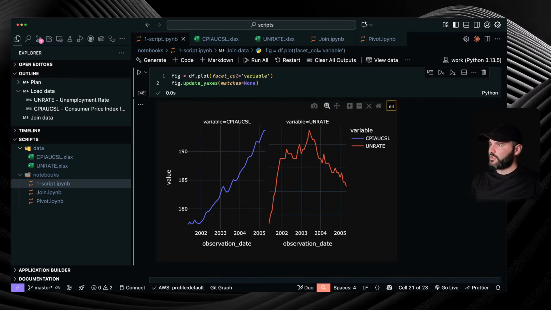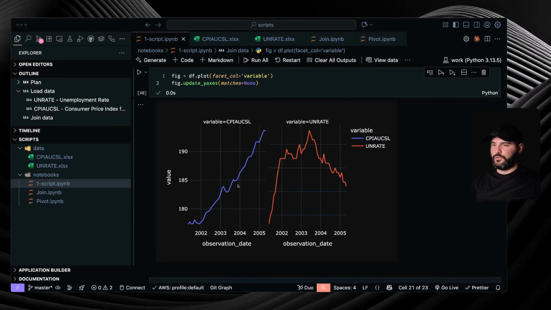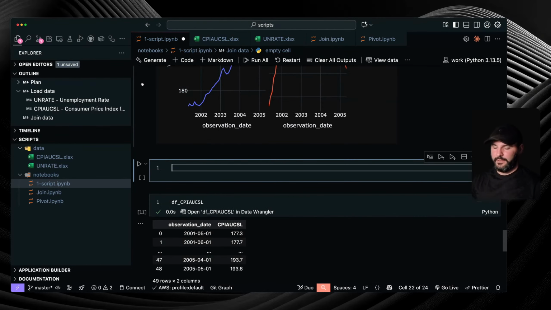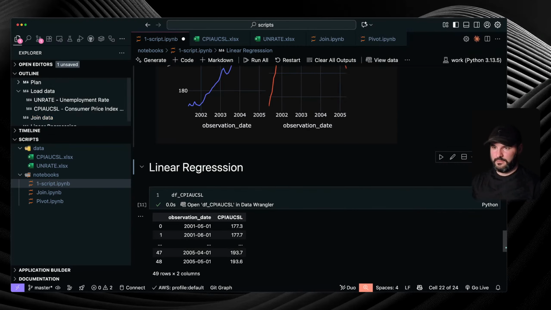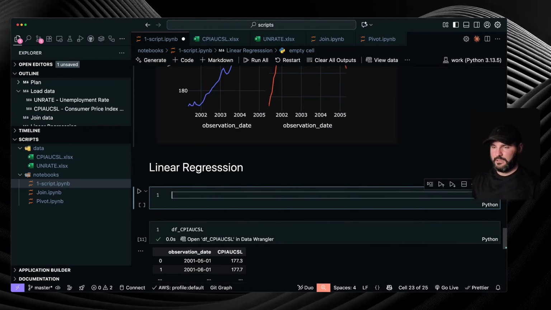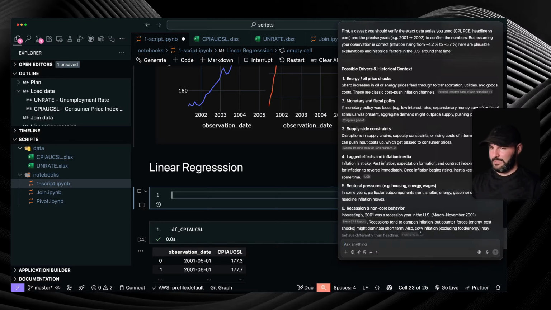Now, what shall I do if I want to make an analysis of these two indicators? If I ask ChatGPT, this is already the linear regression. Let's create the heading. And now to ChatGPT, I will say, all right,